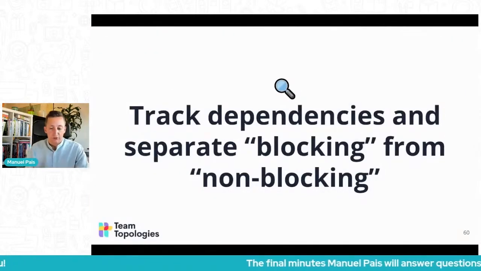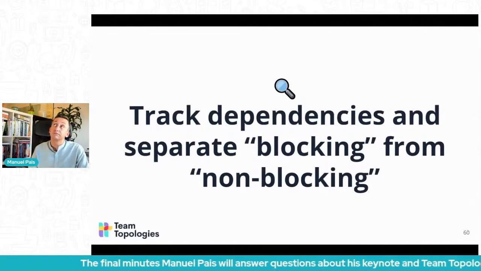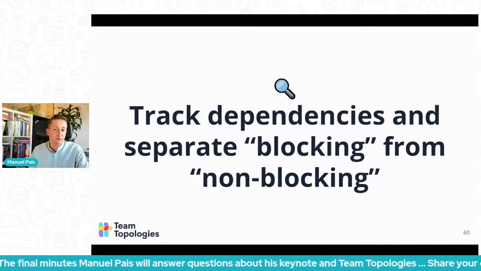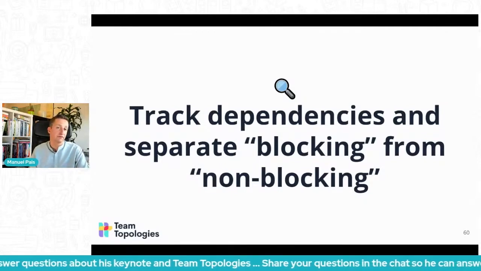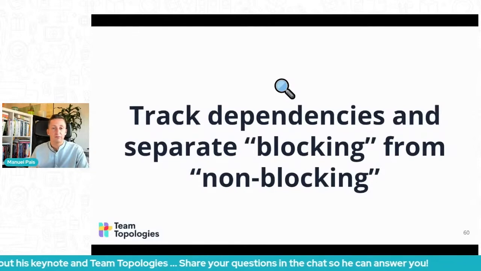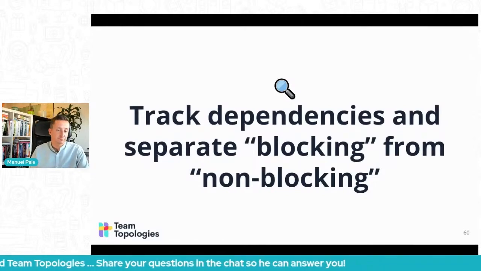So I'm going to talk a little about some of the constraints and anti-patterns that we see in organizations that block them from achieving fast flow. One of them is having blocking dependencies.